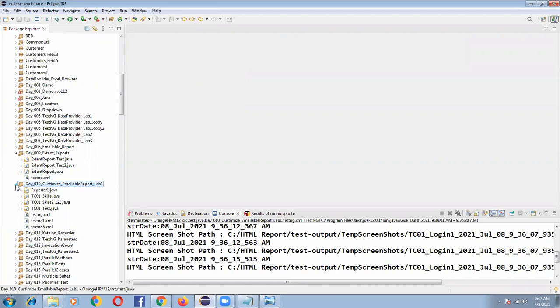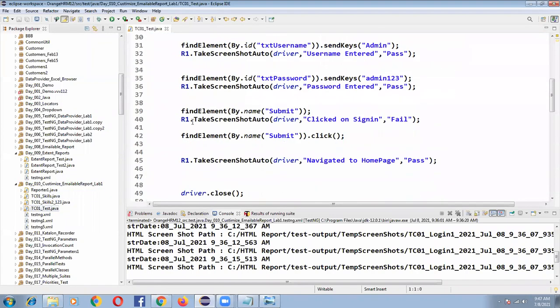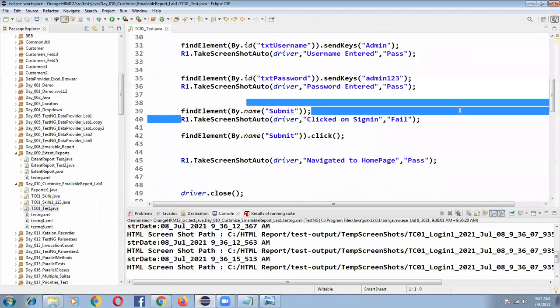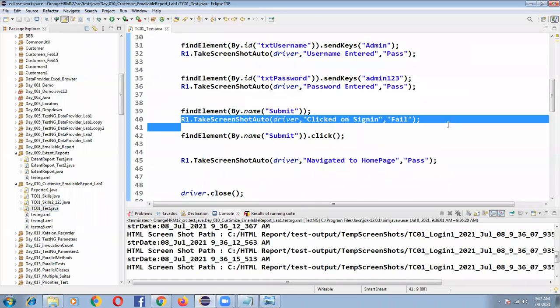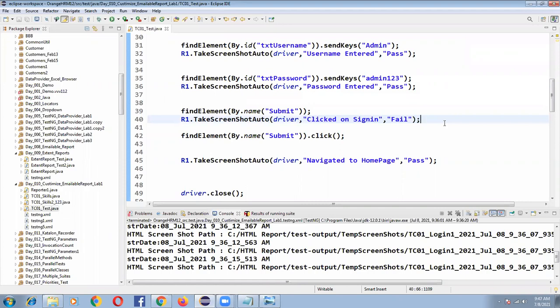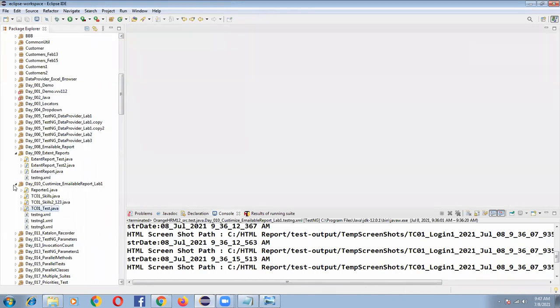Those log statements will show you the screenshots and when it was executed, and capture relevant information regarding your execution. If you join any project, you have to know how to write log statements. Now let's go to the next point, extent reports.